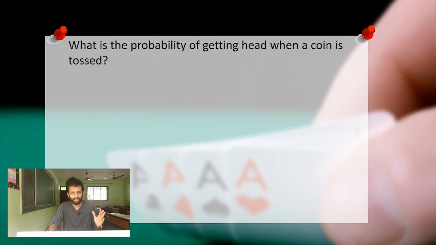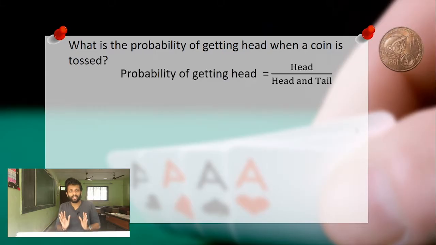Now the coin has a head and it has a tail. So the probability of getting a head: what I need is a head. Whenever I toss that coin, what I want is it should be a head. In this case, what I want is upon whatever are the options, so what I want upon what I have. Head is something that I want, and the options are either a head or a tail.